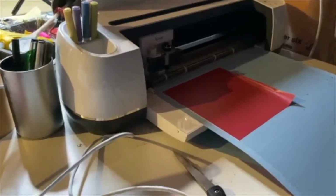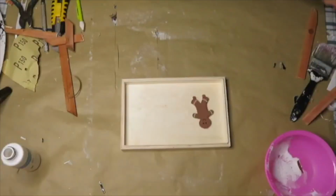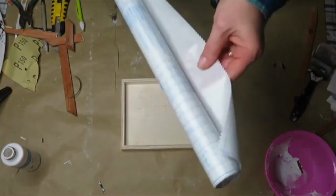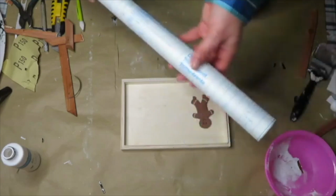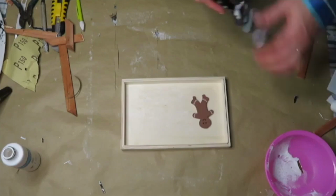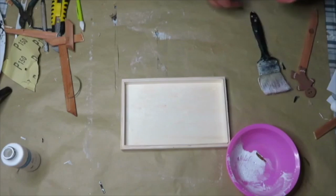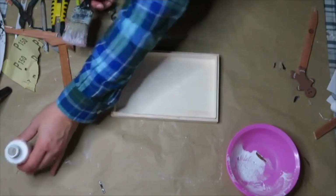I don't think I'm going to use the whole image. I think I'm going to leave out the gingerbread and use that for a different project. I am going to be using the transfer tape from Dollar Tree to try it out. I have not tried this method yet. And then I'm going to use some of the white paint to paint everything on, and then some hot glue. So the first thing that I'm gonna do is I'm going to paint the inside of this box with the